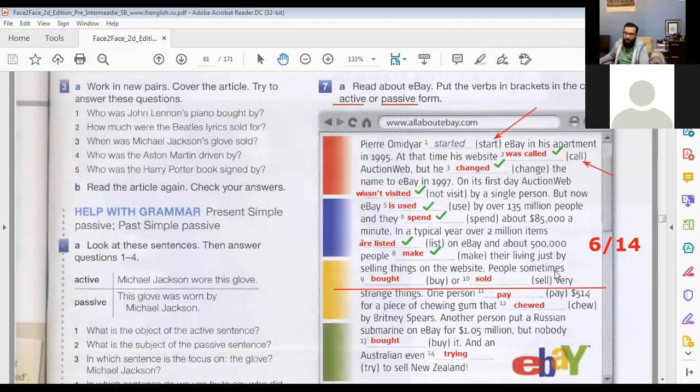People sometimes bought or sold very strange things. Is it correct? Bought? Yes, bought or sold. But are bought يعني الأشخاص يتم شرائهم وبيعهم، متاجرة بالبشر؟ لا، buy and sell تقعد زي ما هي buy and sell. Okay, you answered half the question. يعني active ما نبوش passive.